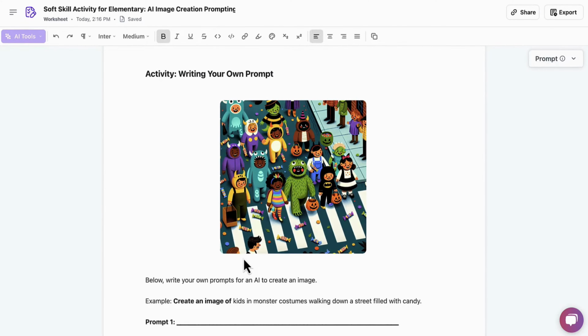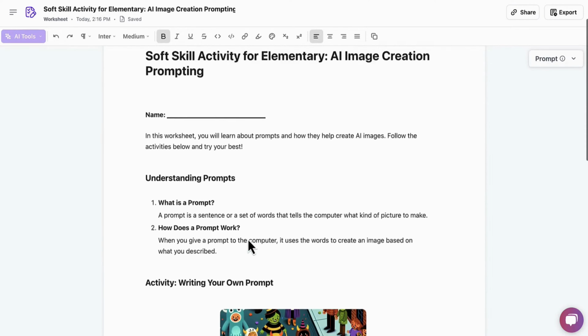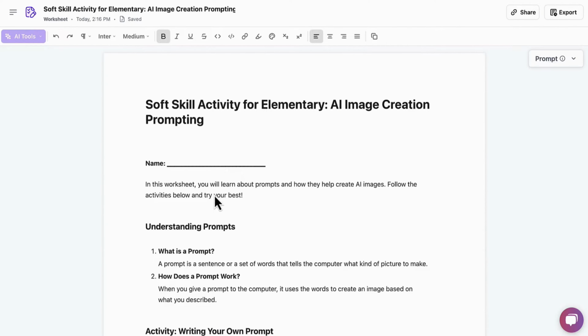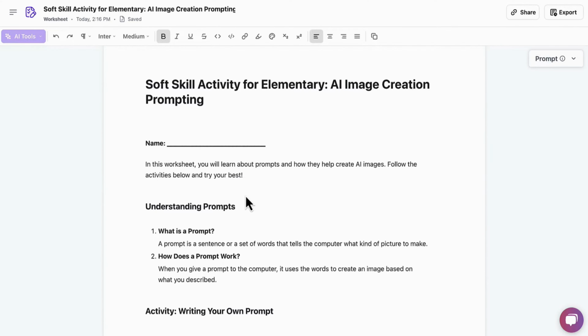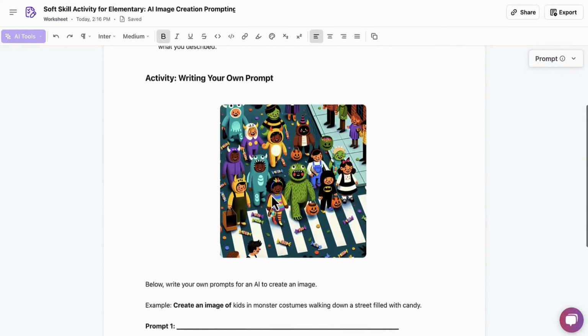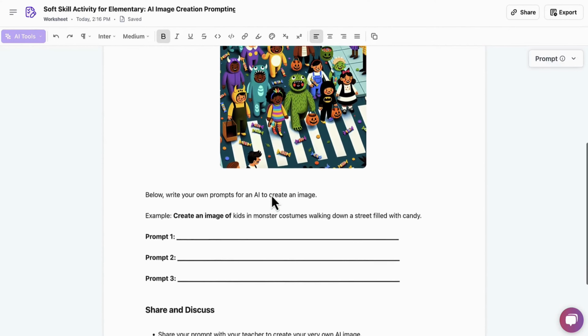imagery for the whole class as a whole, which is nice because as much as it kills me to create a document, this could definitely be created into an electronic format for our students to work with as well. But for our younger kids to understand how AI and prompting works at a younger age, this is a perfect opportunity not only to give an example of what it is, it's thematic to the week,